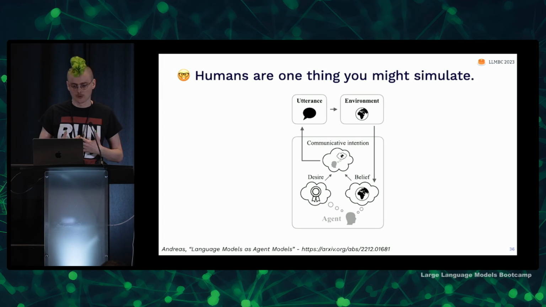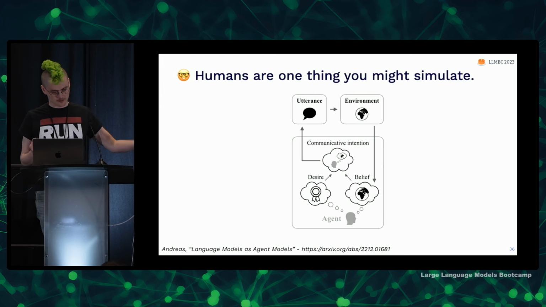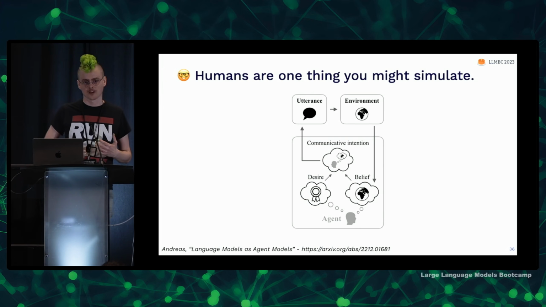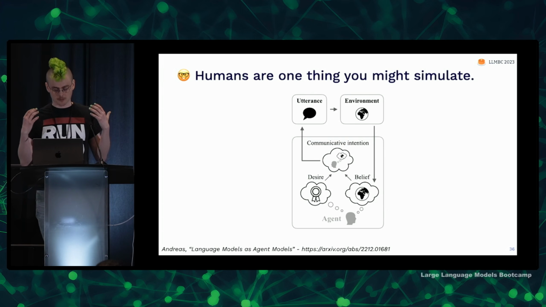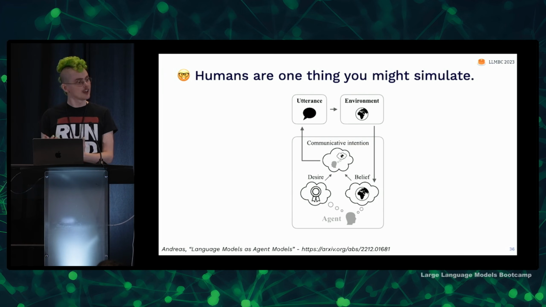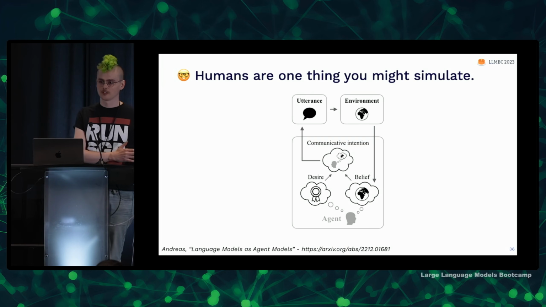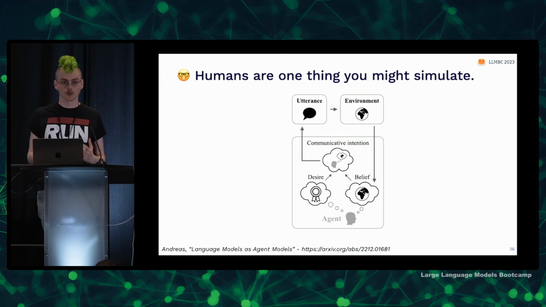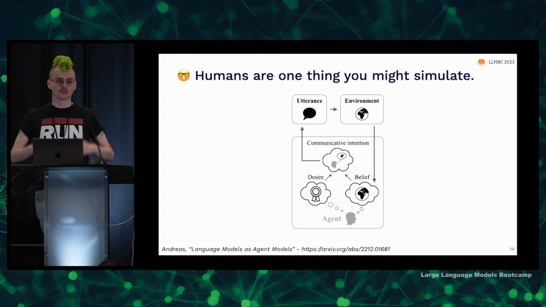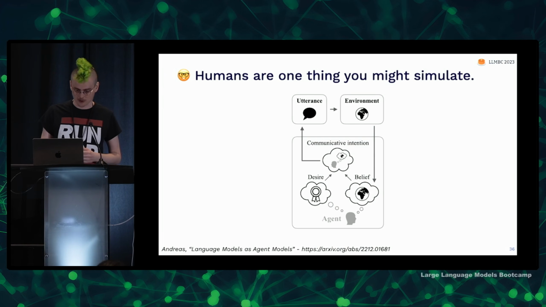And humans do. We have beliefs about an environment. We have desires for things we want to happen. And so we combine those together to create intents, ways that we want the world to be, to match our desires, and we use those to produce utterances. And so this becomes a process that must be simulated by the language model. By carefully choosing the components of your prompt, you can get it into the point where it's just running its agent simulator. That's the primary thing it's using to predict the next token.